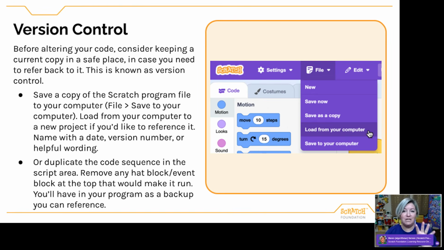If I've gotten to a really good place in my code and I want to make a dramatic change, but I'm worried I might break everything, I will often save a version of it to my computer, and then I can feel free to explore and make changes. And then if it just totally blows up and didn't work out, I can always go back, load that older version of the project from my computer back to Scratch, and try again. So again, just some techniques that I have tried in the past that might be helpful.